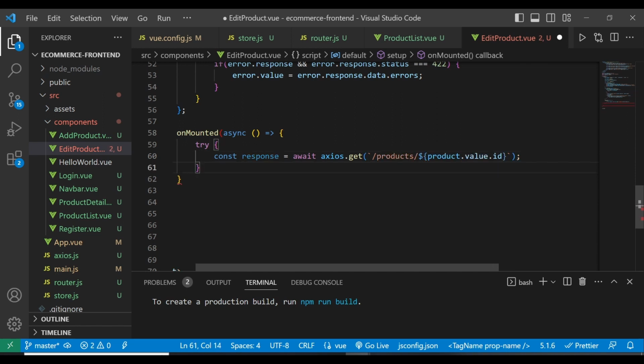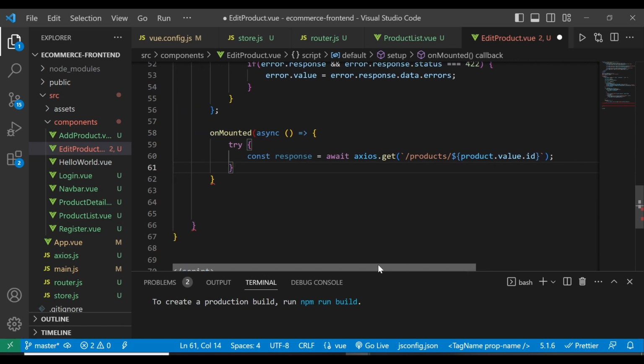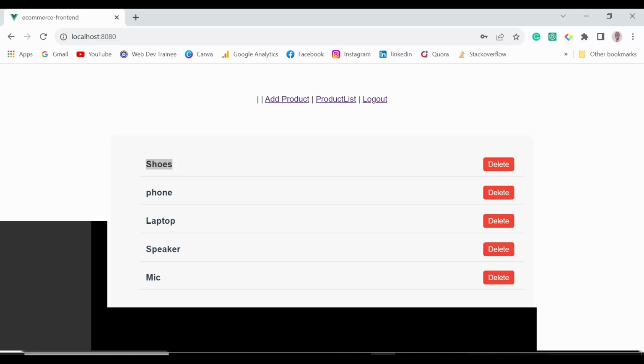Like this. So the product and then product.value.id. So that is now basically what we are doing here. Actually, this is quite understandable because the unmounted here is just getting this product for us for the first time. So basically, as I said, the unmounted or the mount, what it does within this framework, it is when